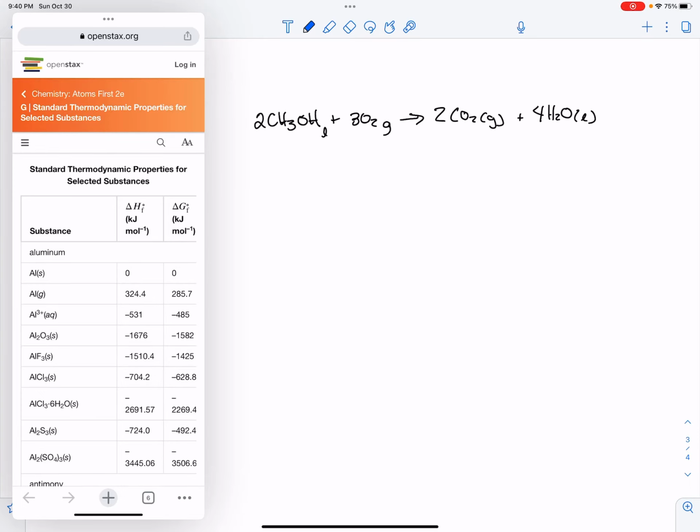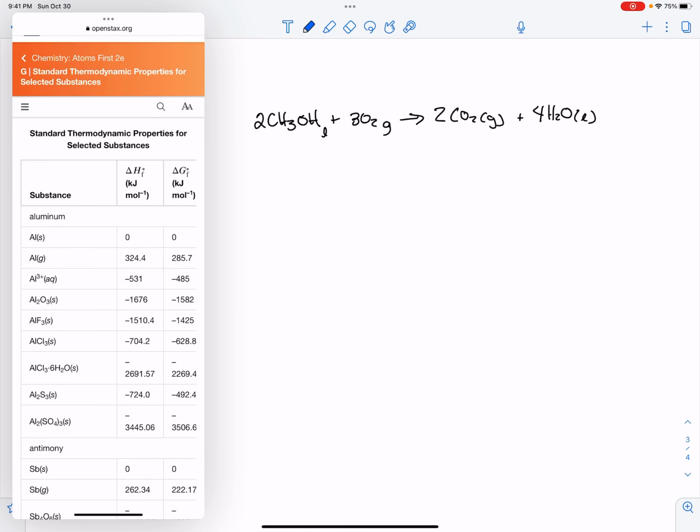So we're repeating that same thermodynamic process where we use our thermodynamic properties chart from the appendix, and this time we're going to be looking for delta G values. And we're going to put them in order, and then we're going to do products minus reactants. Don't forget, before you do anything, and I like to do this first because I will forget if I don't do it first,